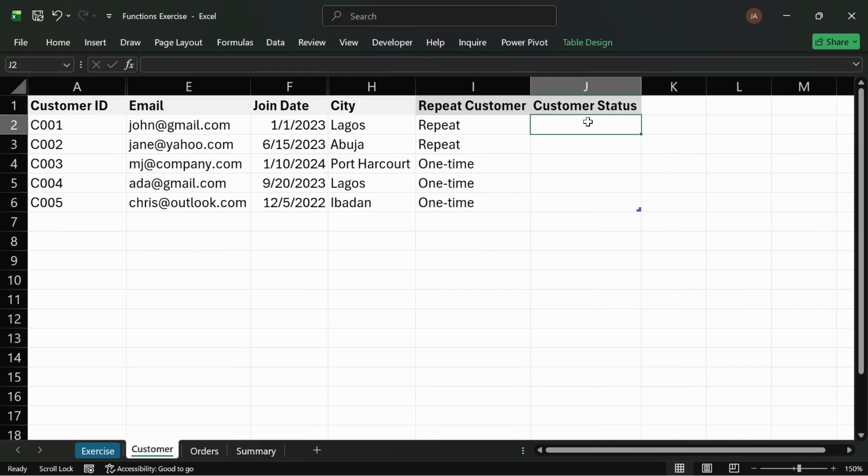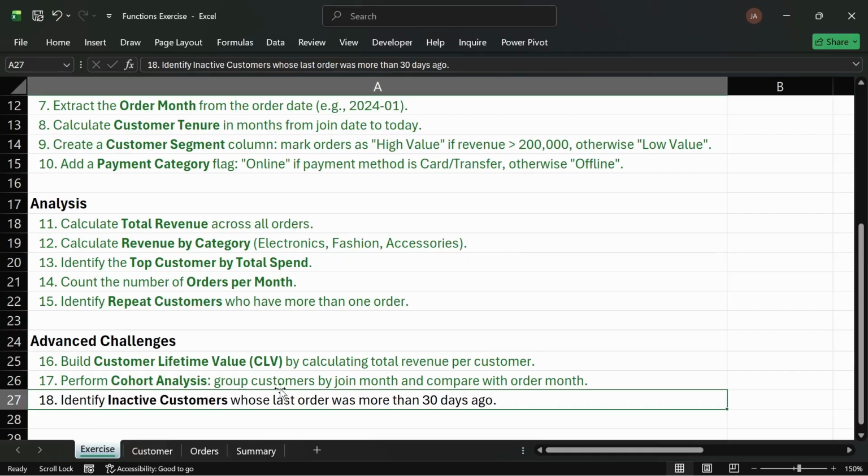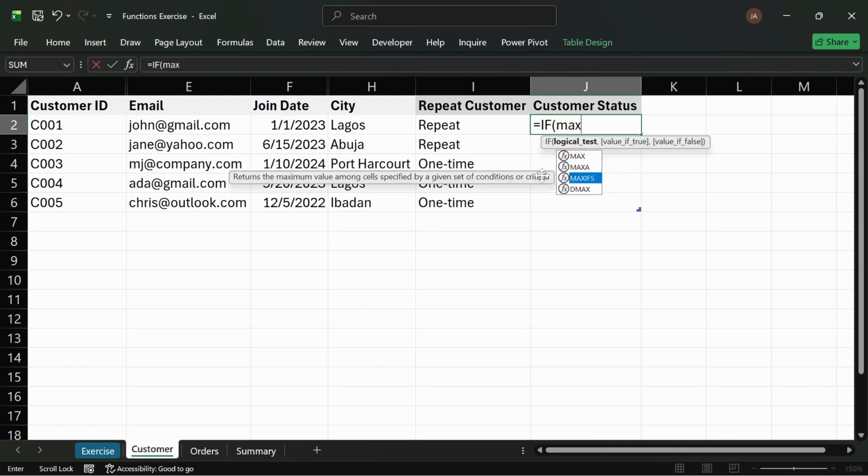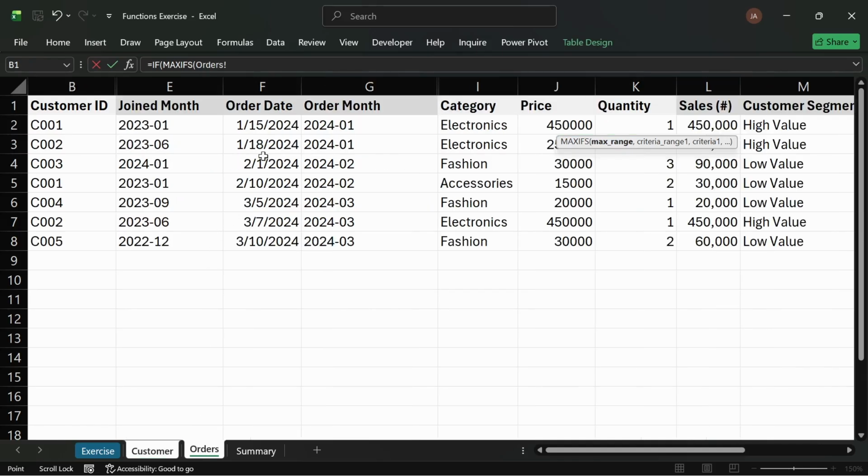So we'll probably be using something like MAXIFS. And the question says, as long as it was more than 30 days ago, then they are inactive. So we'll do IF, there will be a MAXIFS. So this can get us. So what's the max if range? We want it to be the order date. Okay. Based on the order date,